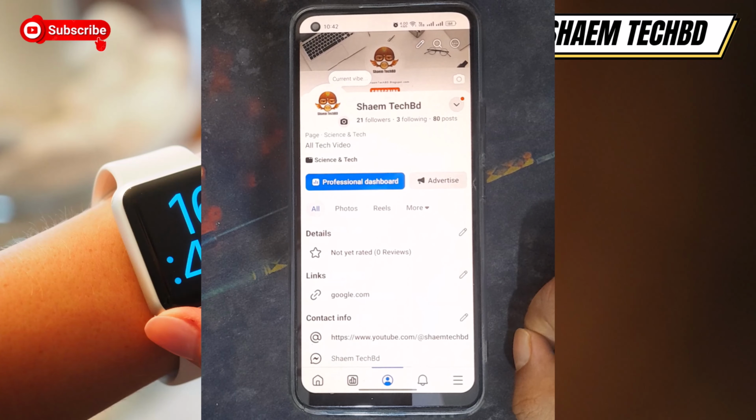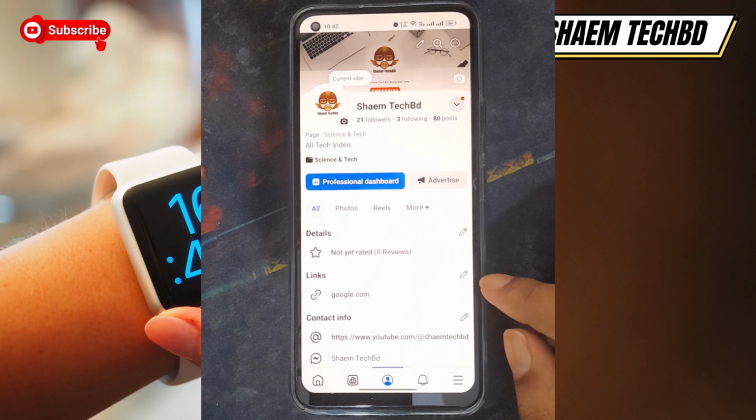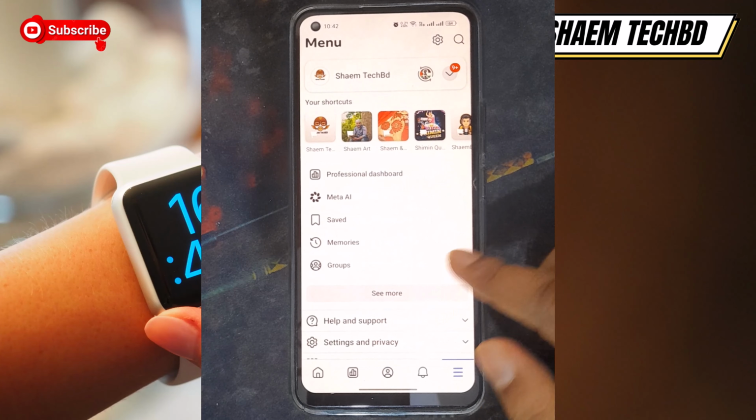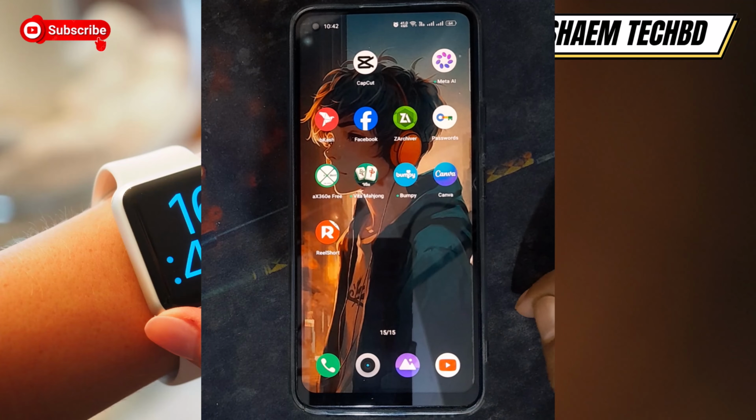If you can't find the website option, update the Facebook app from the Play Store and make sure you log in with an account that has admin or full control access to the page. If the option is still missing, try switching to the Meta Business Suite app, where page details can also be